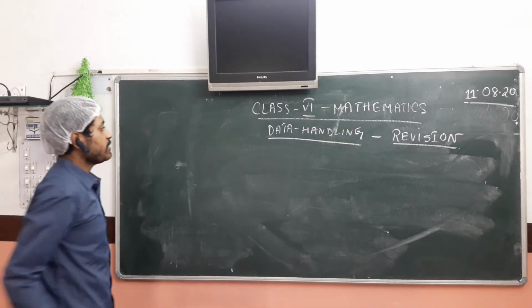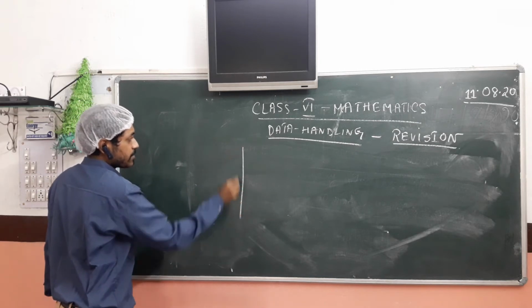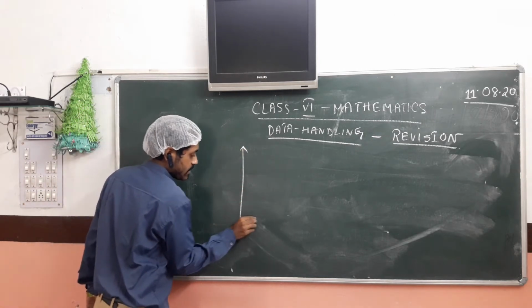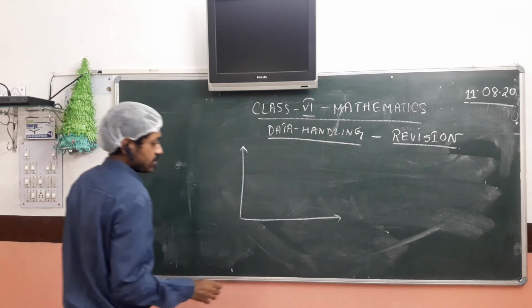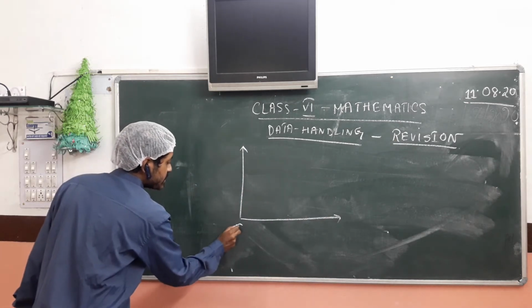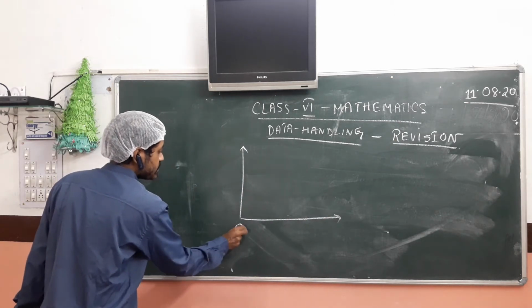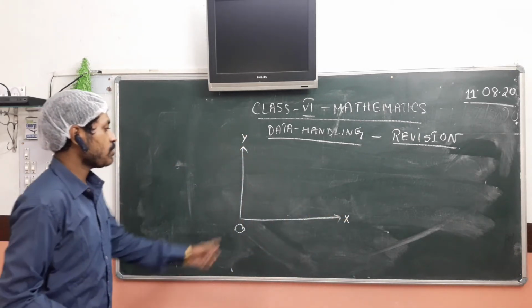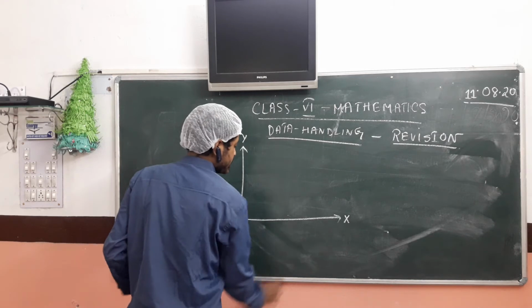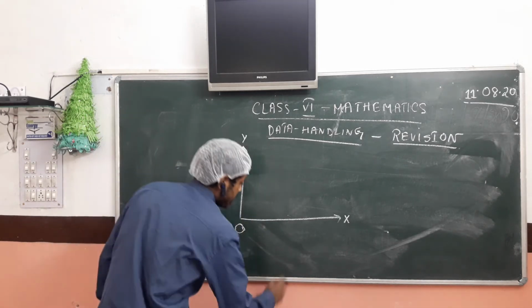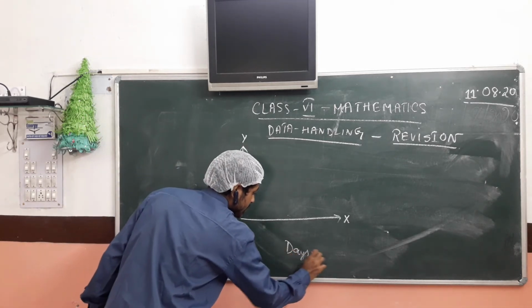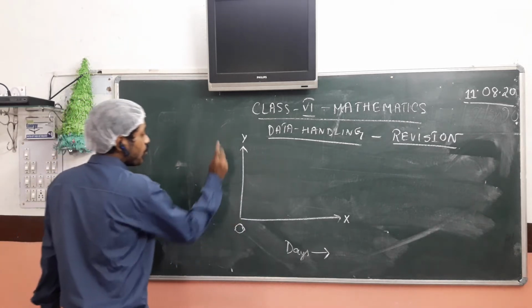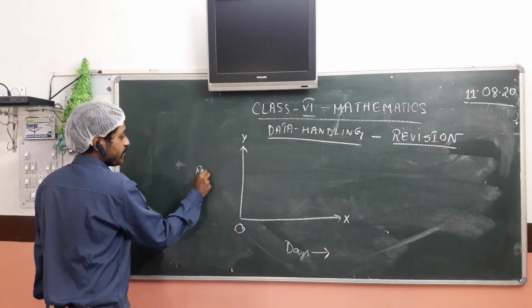How to draw the bar graph? Construct two perpendicular lines. Again, as I have told you, they are not technically lines, but they are rays. But here, for the sake of the sum, we are calling them lines and mark them as OX and OY, where OX is the x-axis with the non-numerical part. In this case, the days will be marked, and in OY or the y-axis, the rainfall will be marked.